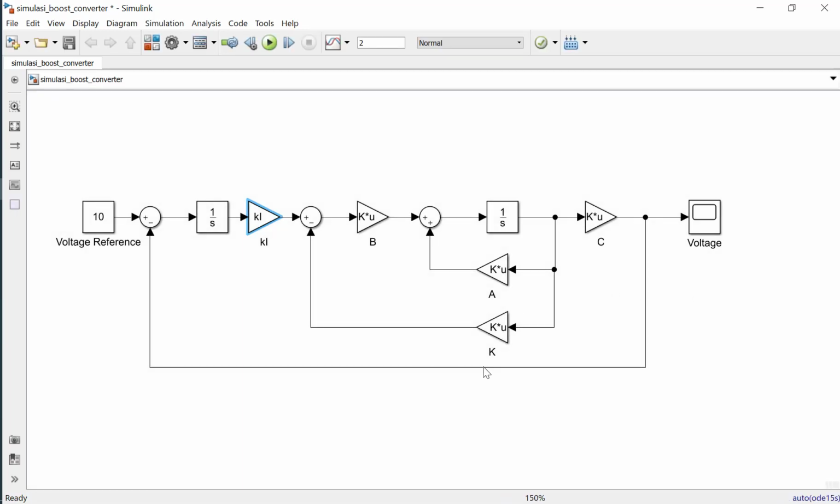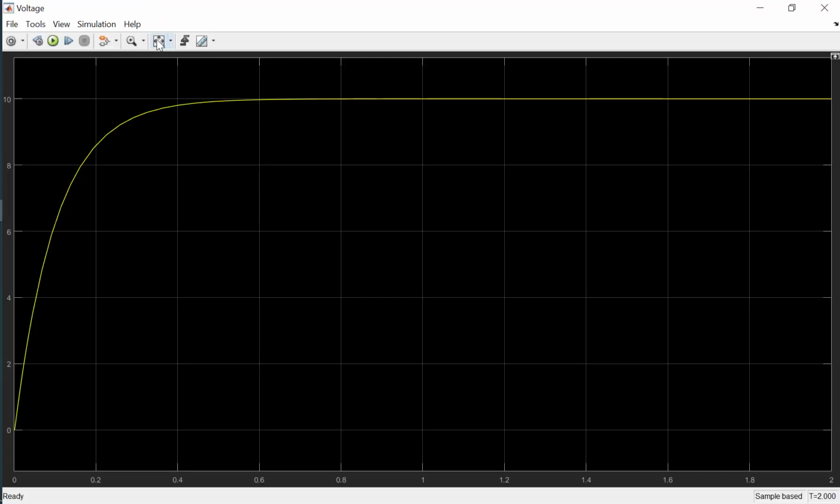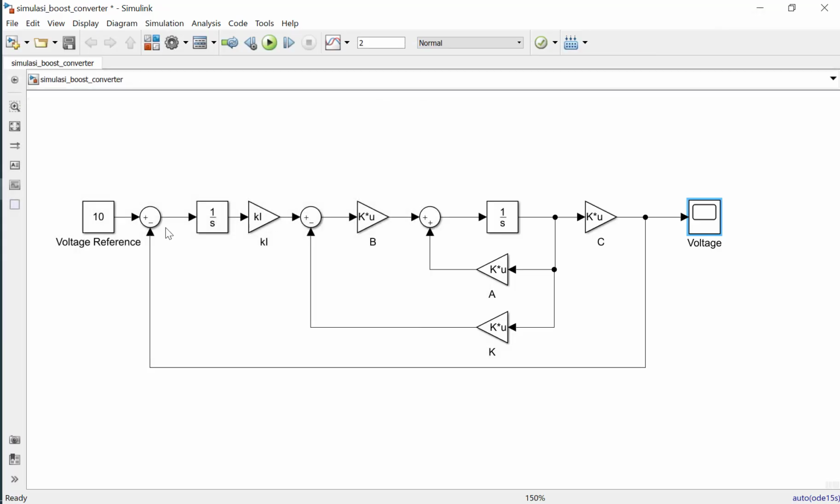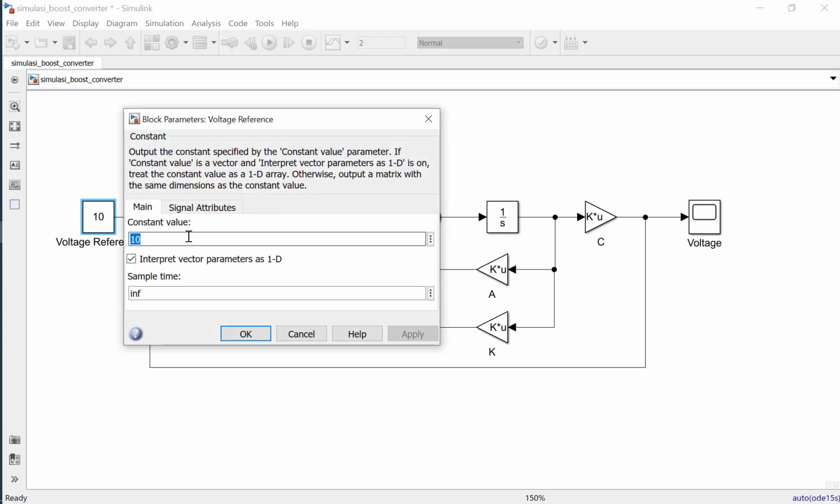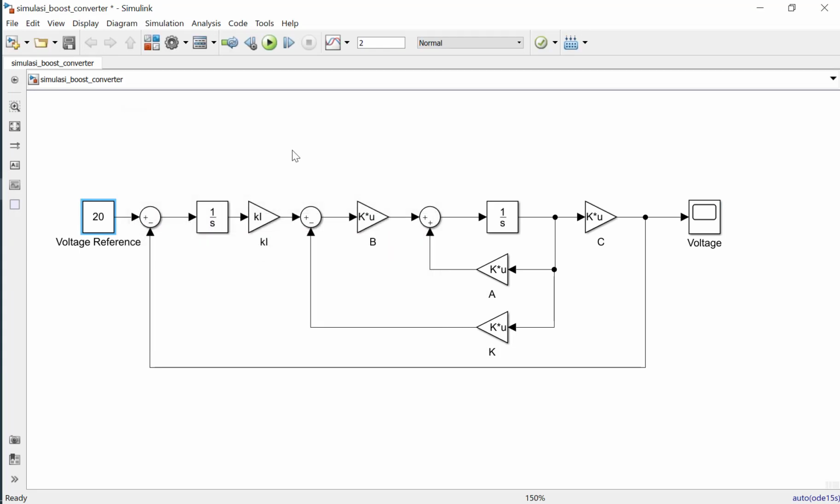So this is the feedback and this is the state feedback. Okay, we can see the system can follow and reach the set point or the reference here. The reference is 10 volt. We can change the set point to be 12.